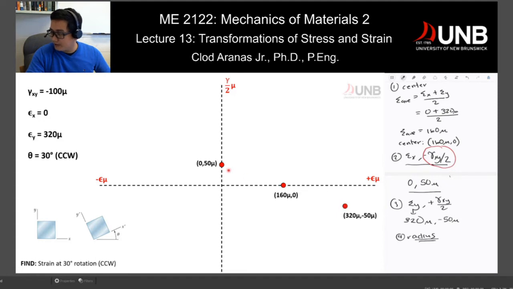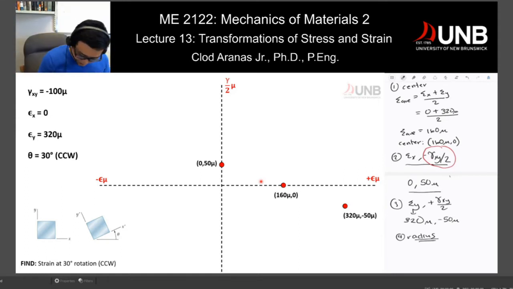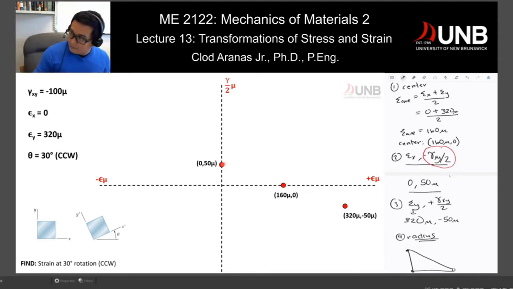We can draw a triangle, and my triangle is not oriented properly, but anyway. From this point up to that point, I have a triangle. Now if I have a triangle there, this would be 50,